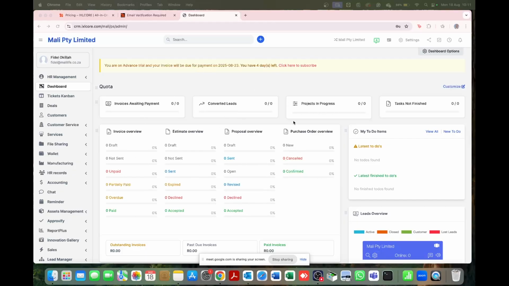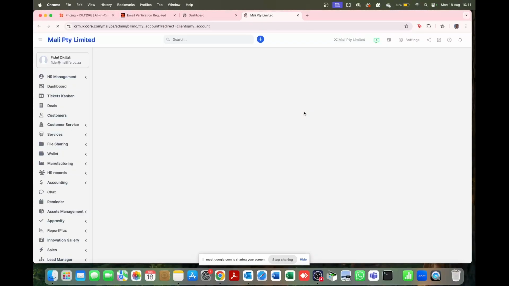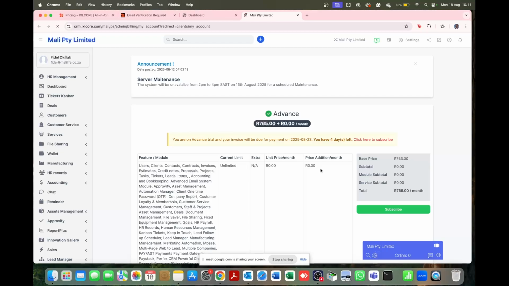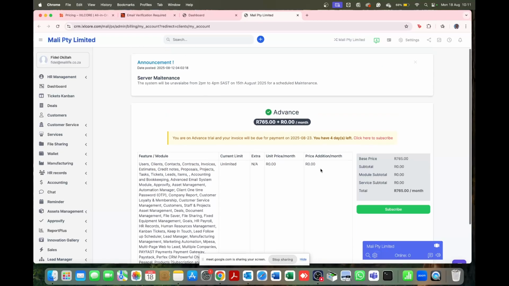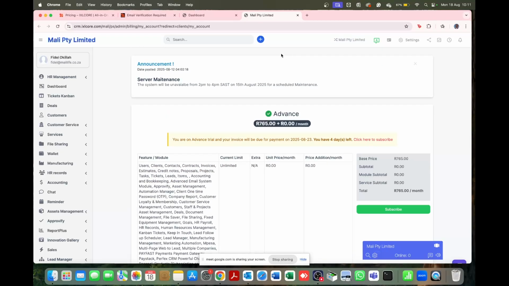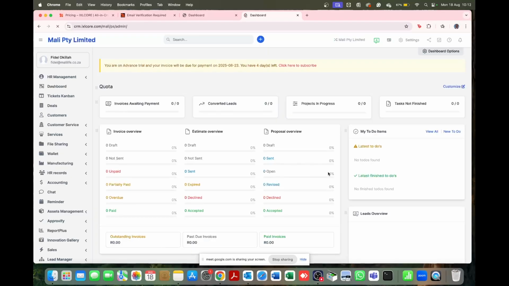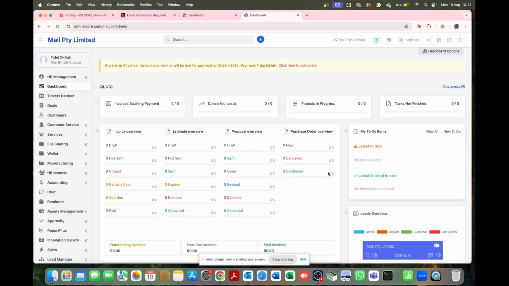From this window, we can customize what we want to see in our dashboard. We just come to customize, and from the customization, we're able to click on what we want to see on the dashboard, what we don't want to see on the dashboard, and therefore we're able to set that right from the word go. However, once we are on the dashboard, we are welcomed with a snapshot of everything in the